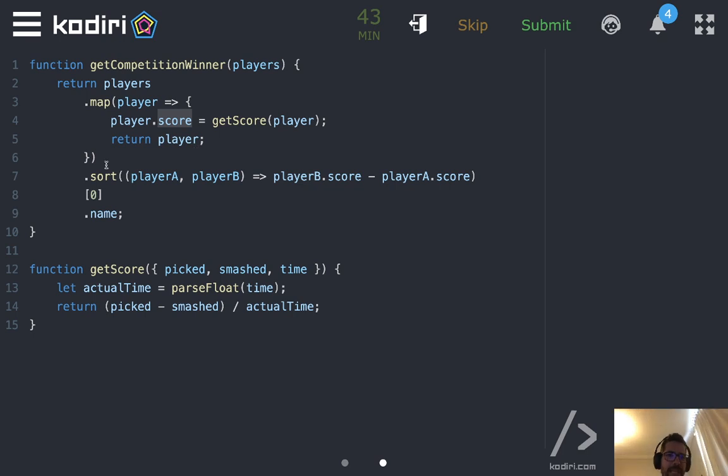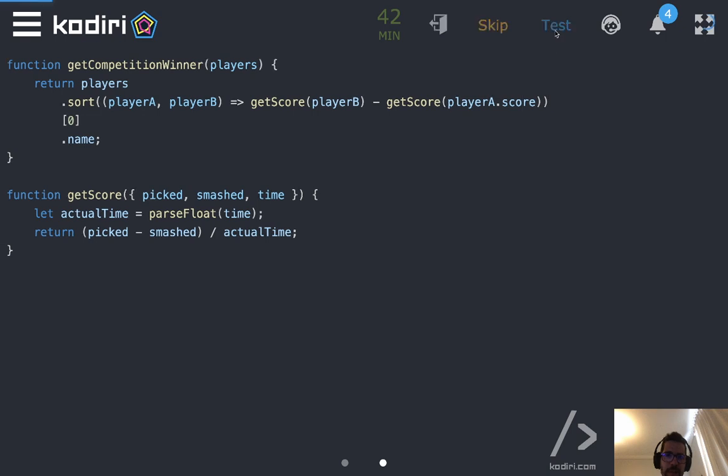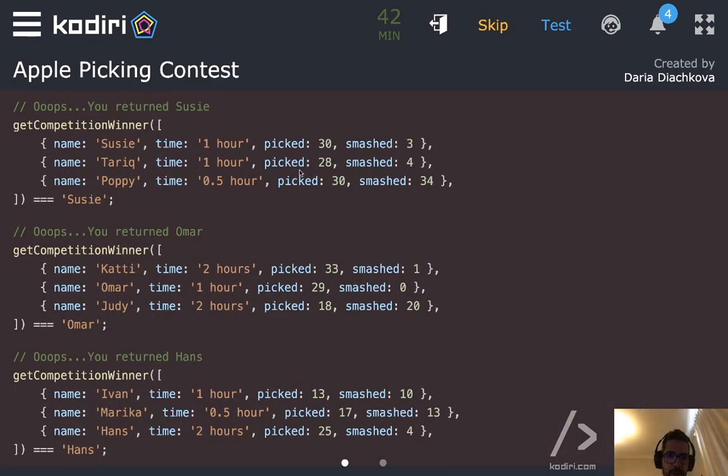You may be thinking, can we just skip the map step? So can we actually do something like that? So can we call, sorry, not actual time, getScore of player B minus getScore of player A? Yes, that's the same thing. That's the same thing. If we evaluate it,